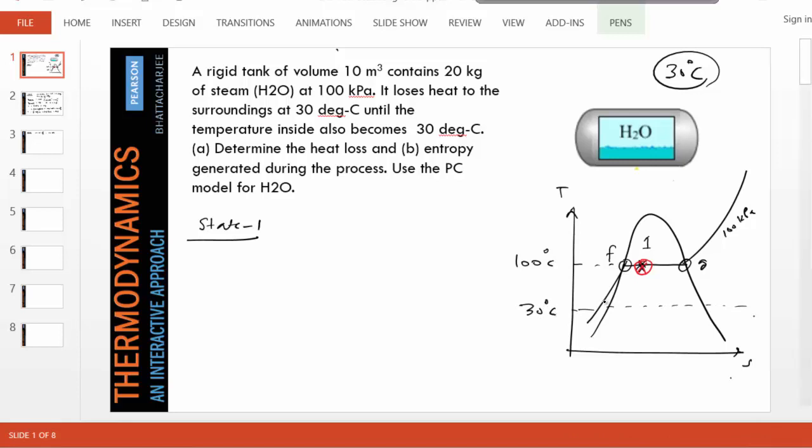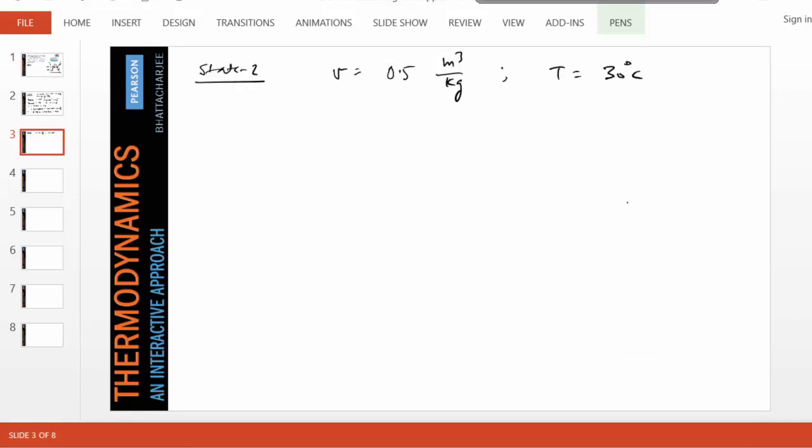So to find the state, we know the specific volume. Again, we'll find the F and G states. But this time, the F and G states are not at 100 kPa, but at 30 degrees Celsius. So to find VF and VG at 30 degrees Celsius, we'll go to the temperature saturation table, pick these numbers up, and you'll find VF is practically 0.001, and VG is about